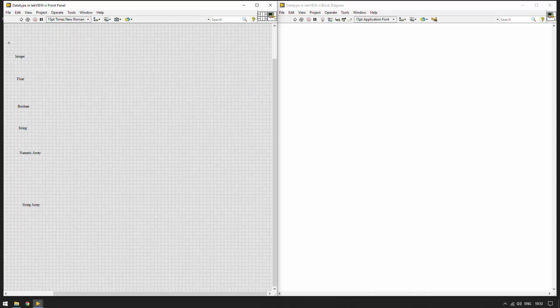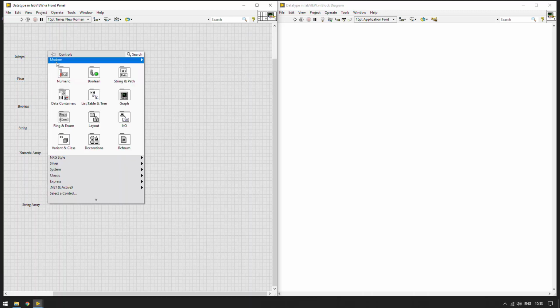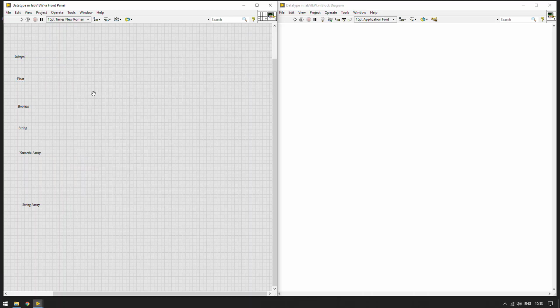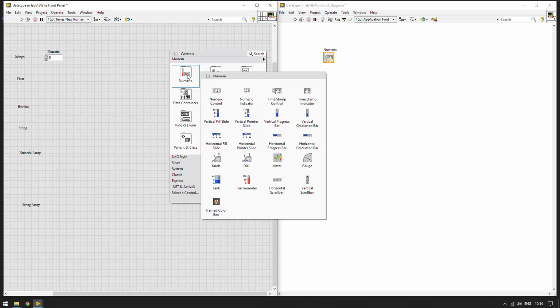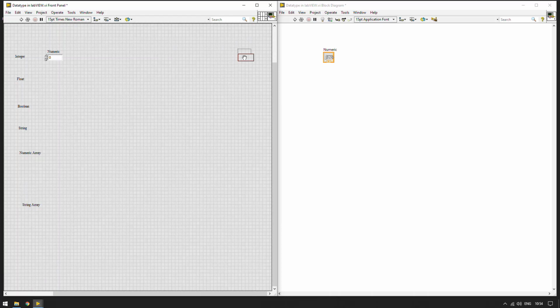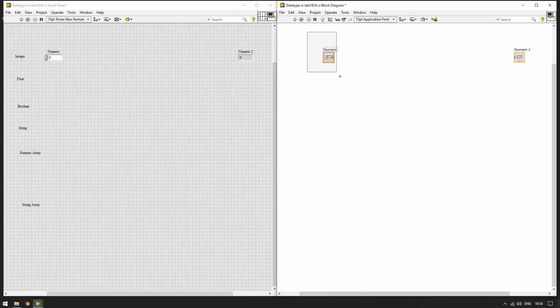So let's first go to integer and float data types. Right click here and take a numeric control. And we need one numeric indicator as well. But we can see that by default, all the numeric inputs and outputs, the controls and indicators, are double or float in data type.